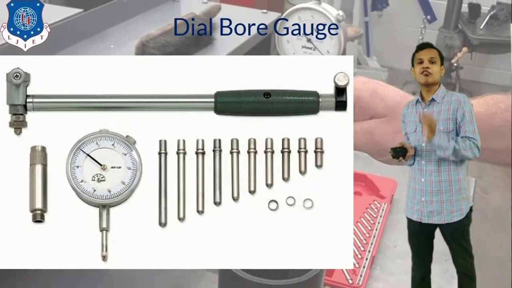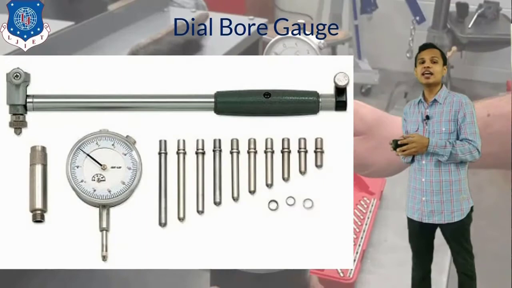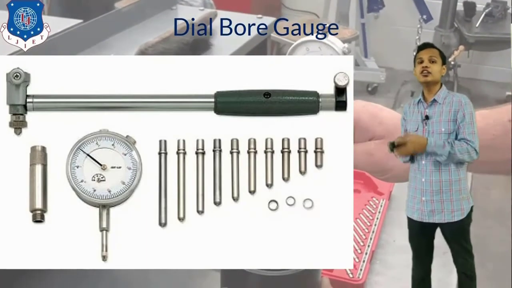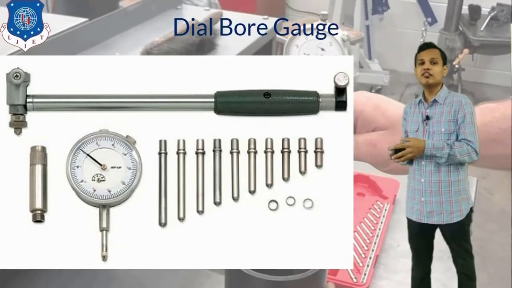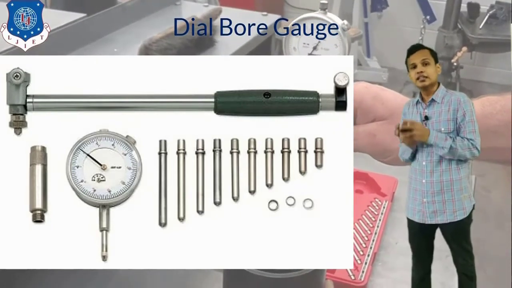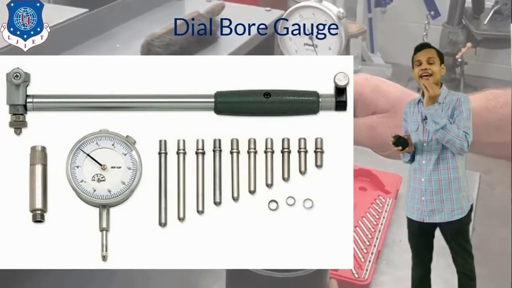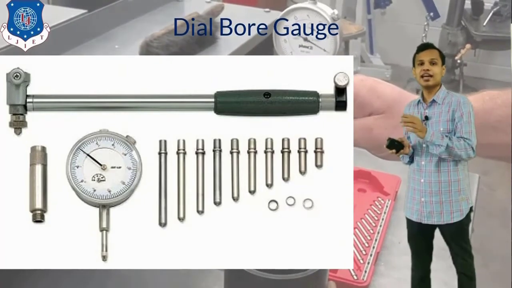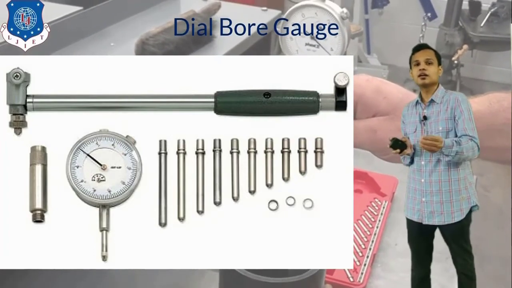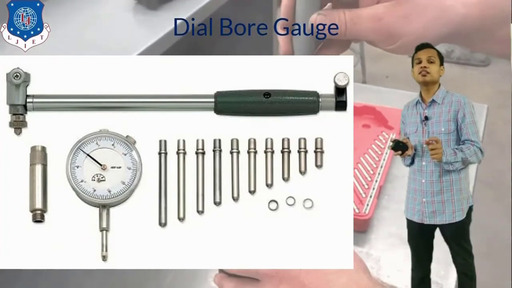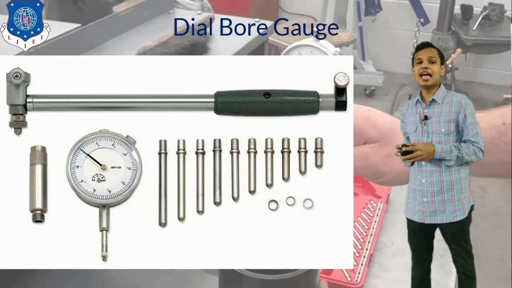Why measure the cylinder bore diameter? Whenever we are running the engine, there is continuous friction between the piston and the cylinder. So with time, with gradual running, with gradual kilometers of the vehicle, the cylinder wall will wear, the diameter will continuously increase, and also the diameter will increase unevenly, right? At one place the diameter will be higher, at another place lower, considering the friction happening with the piston. Where the friction is more, the wear will be more. So that will be measured with the help of the dial gauge.